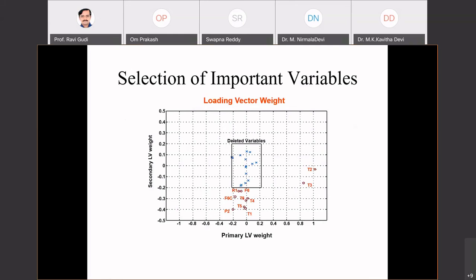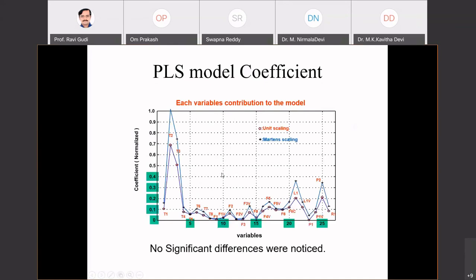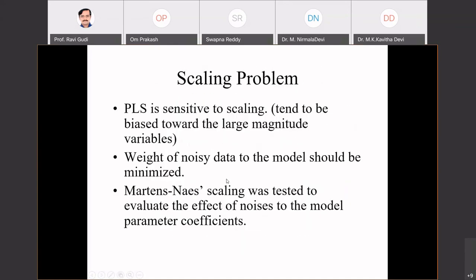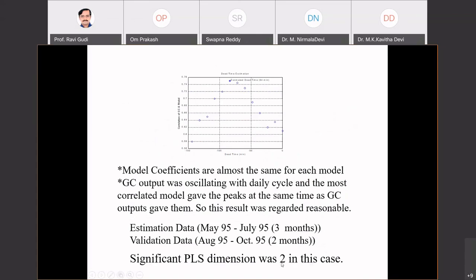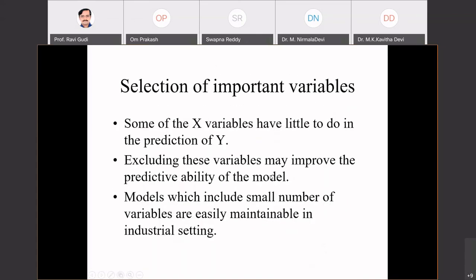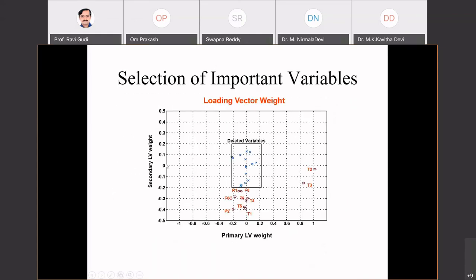Here, the weights, the vectors are basically the importance of the variables. And remember what we mentioned earlier, that only 2 dimensions were enough. So when we did this analysis of the first and the second and looked at the plot of the loads,